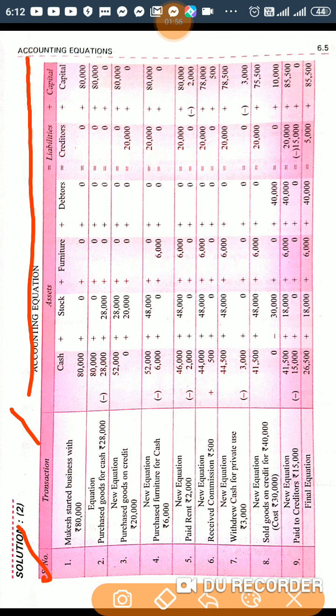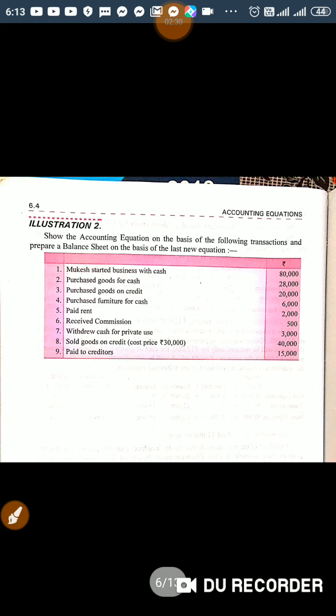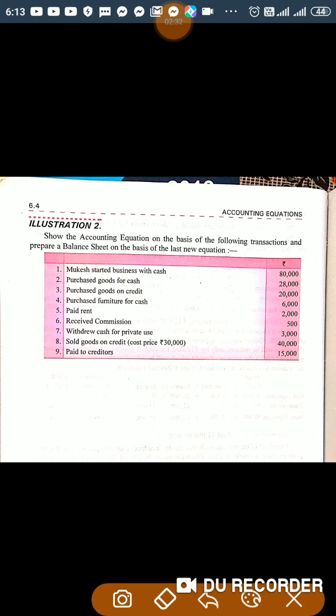that will involve the accounting equation. So first you will write serial number, then transaction, then you will write assets, and put assets definitely more than liabilities and capital. So you will write assets and liabilities plus capital. This is the equation you will write. Now I am going to tell you how you will solve these questions. So the process is, you will read every transaction, like first transaction, second transaction, and